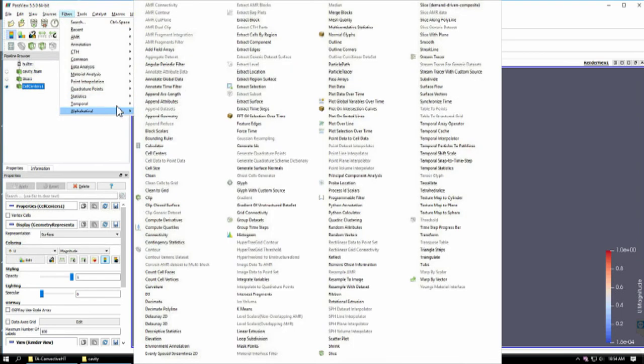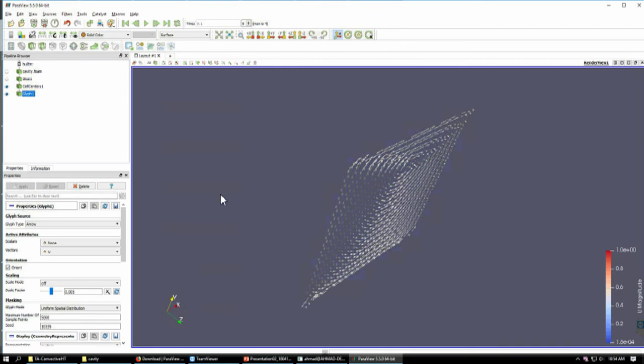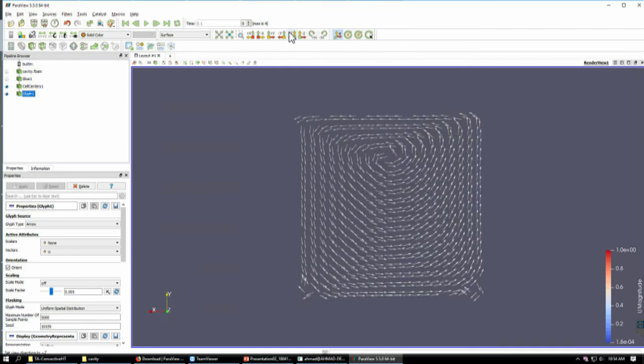So that is what was missed in the first attempt. I choose a scale factor of 0.005 and then click apply,